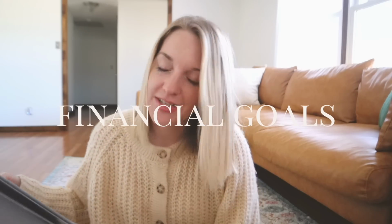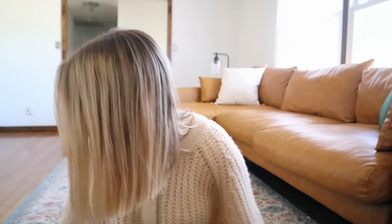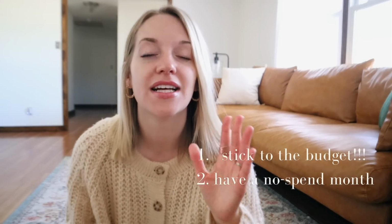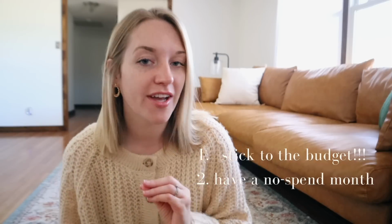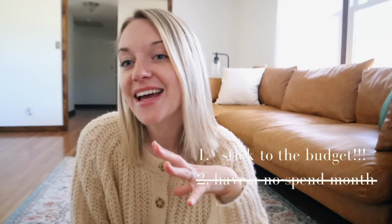Financial goals. Okay, so let's chit chat about my finances. I'm gonna pull up my Every Dollar app. Our goal for February: stick to the dang budget. That was my first goal. And then I also wanted to have a no spend month. So let's talk about the no spend month first, and then I'll look at our budget and see where we're at. I can't say that I 100% did a no spend month, but